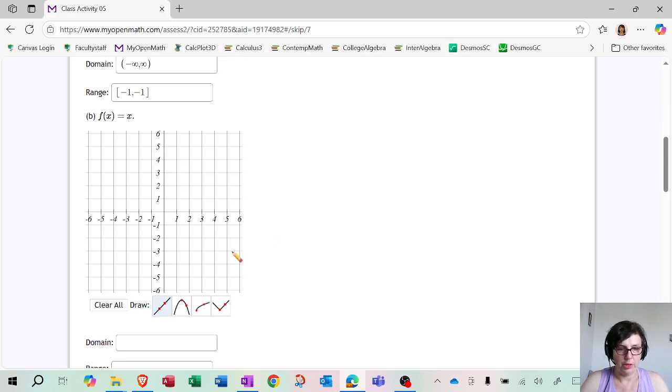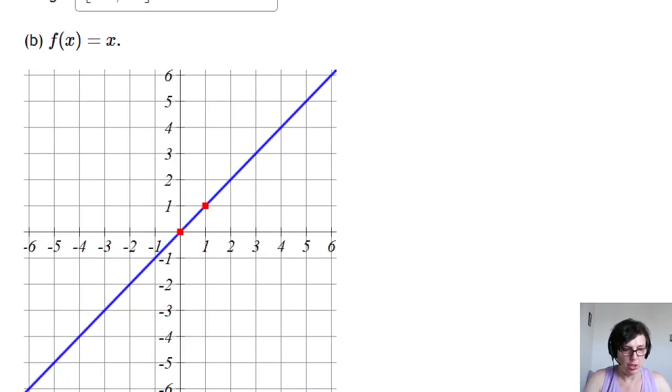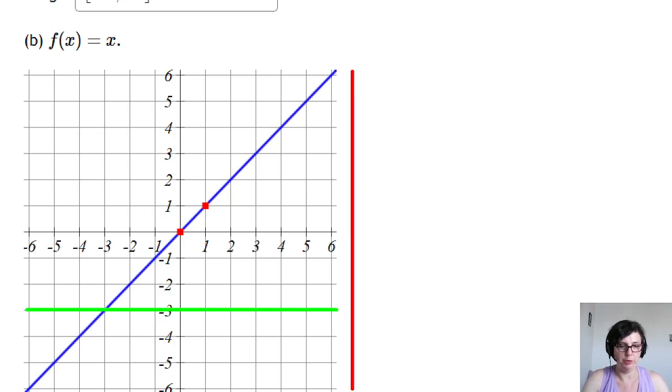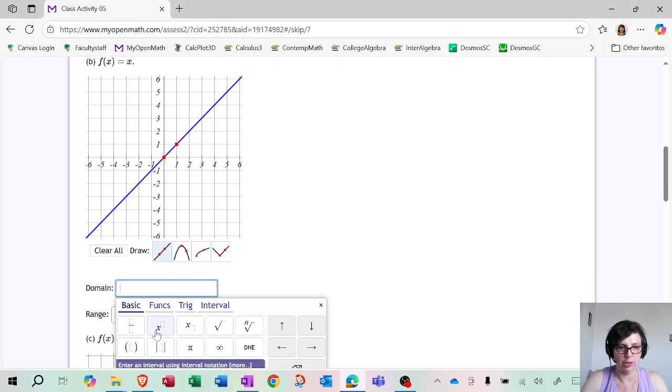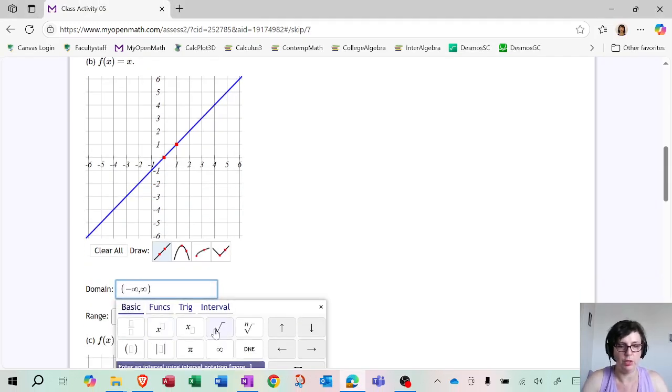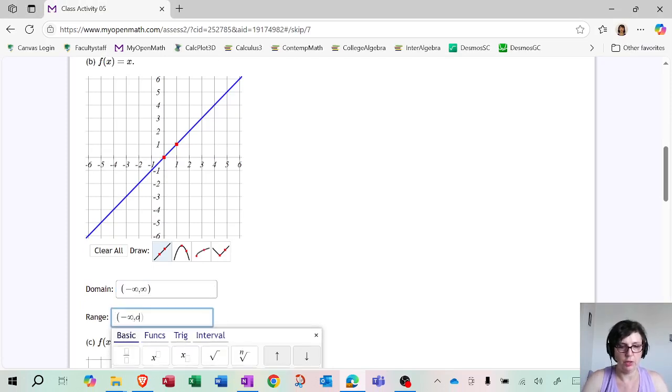Now, for y equals x, or f of x equals x, we're still staying in the line tool, and we're going to go from (0, 0) to (1, 1) for our line. Now, what is going to be the domain? So let's focus on that. So the domain here is going to be, really, we're going from all the way to the left to all the way to the right. So that's the domain. Okay, what about the range? Well, for the range, we're going to go all the way from the bottom to all the way to the top. So really, we do not seem to have any restrictions here. So this is going to be -infinity to infinity, and same thing for the range, -infinity to infinity.